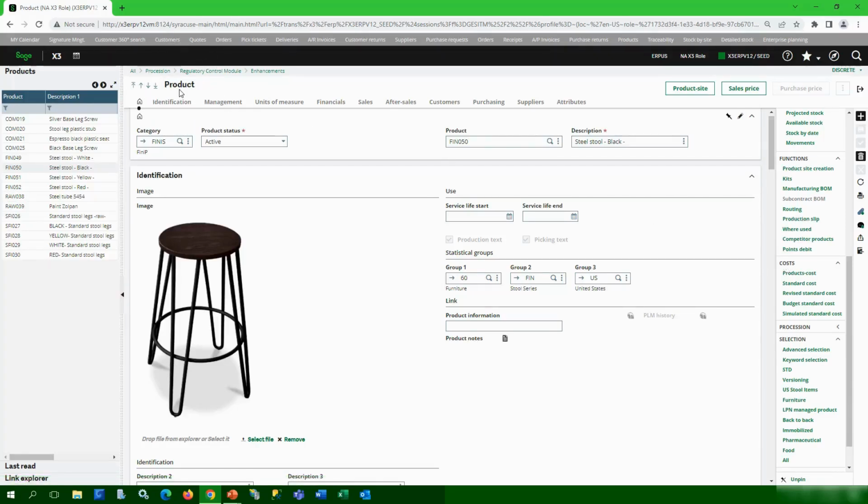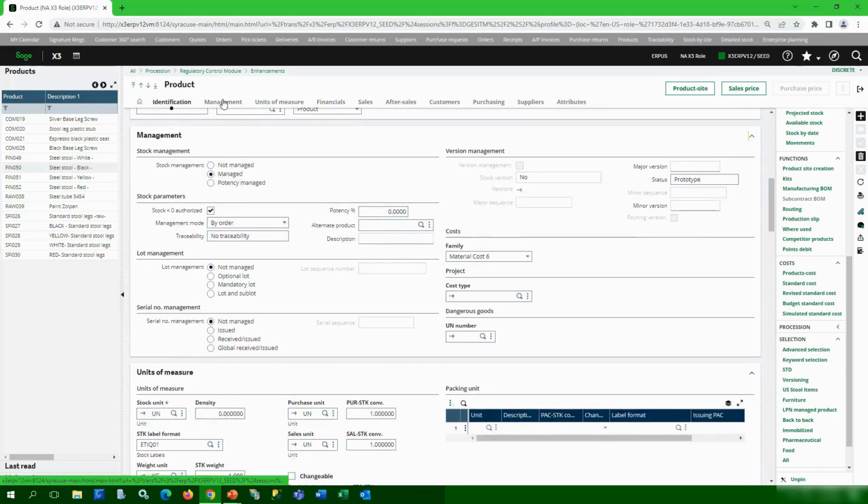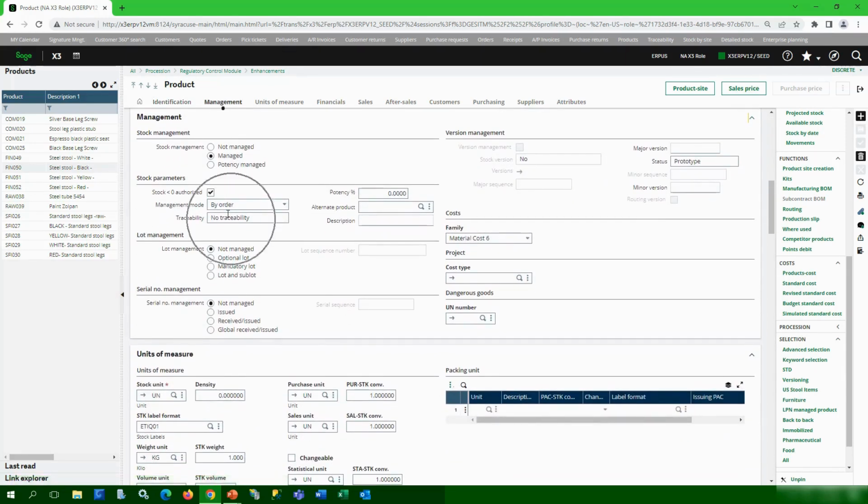Product use, management, and details are defined in the Product Master Center console, including product category to define an item as a raw material, intermediate, phantom, or finished good, statistical groups to filter and sort product data and define dynamic pricing, detailed traceability and serialization to speed up recalls by identifying products down to the item level and tracking the